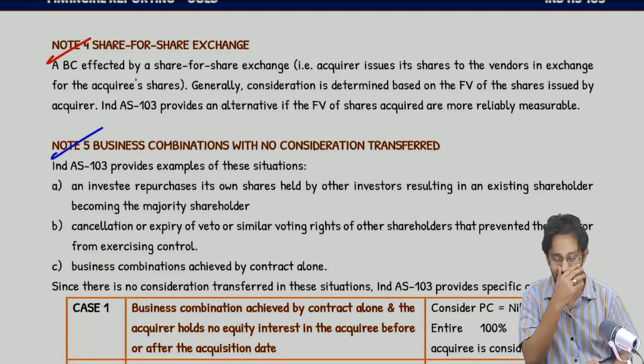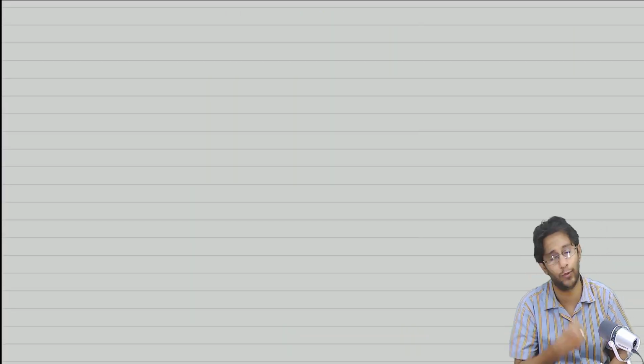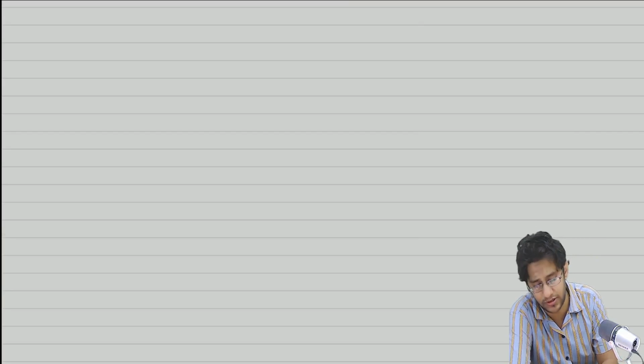So that is that. Then there is an interesting case where it's a business combination transaction, but you have not paid any PC. In that case, how will I account? Sir, how will I get business? How will I do a business combination without paying PC?